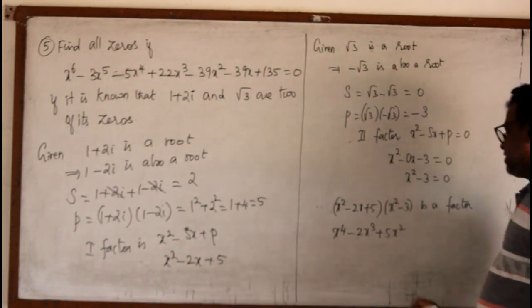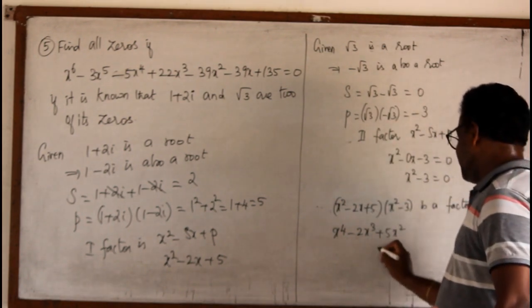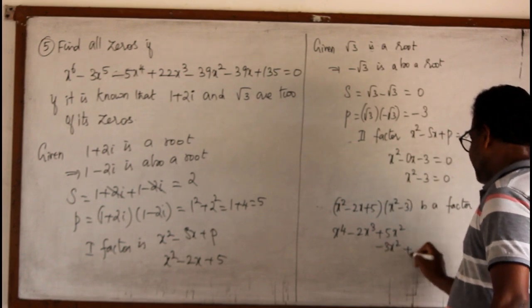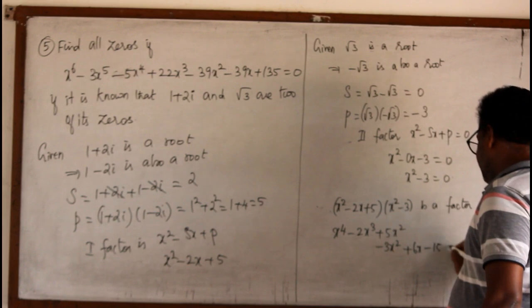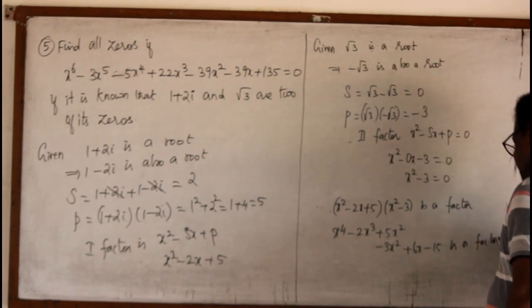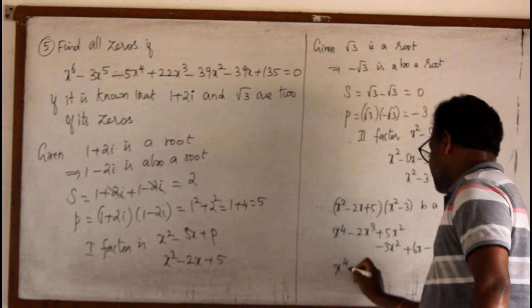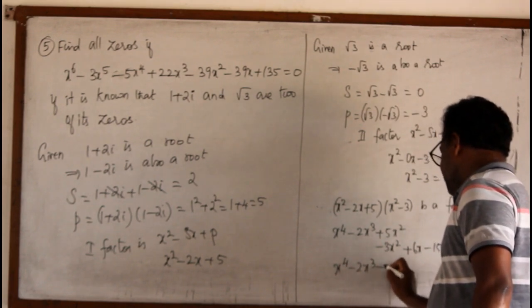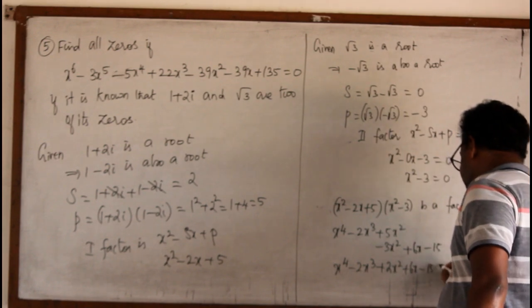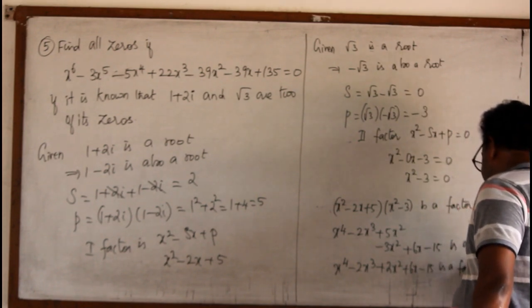Now take minus 3, minus 3x square, minus into minus plus 6x minus 15 is a factor. That means x power 4 minus 2x cube plus 2x square plus 6x minus 15 is a factor of the